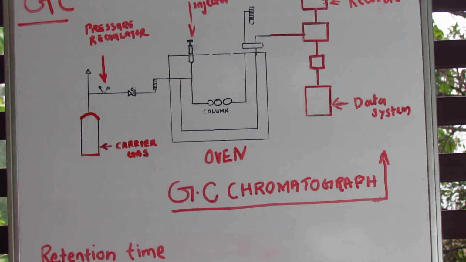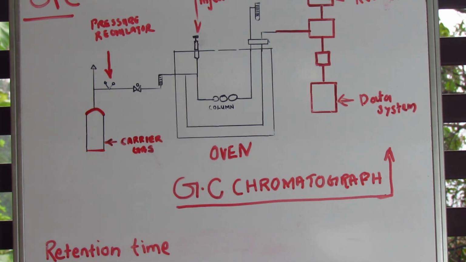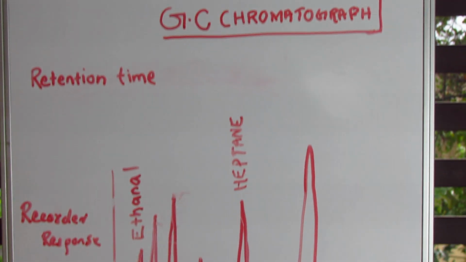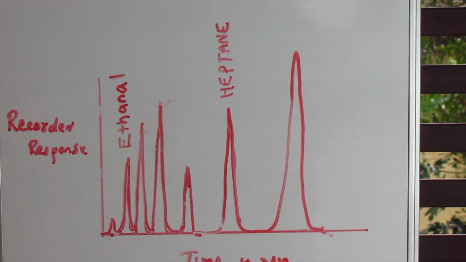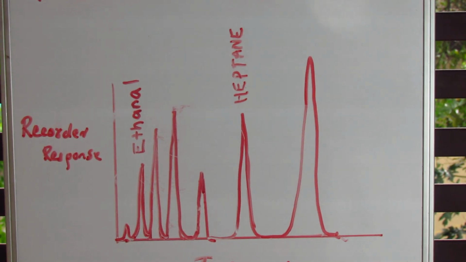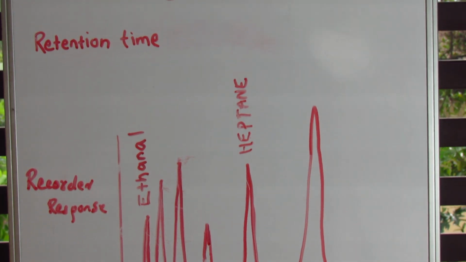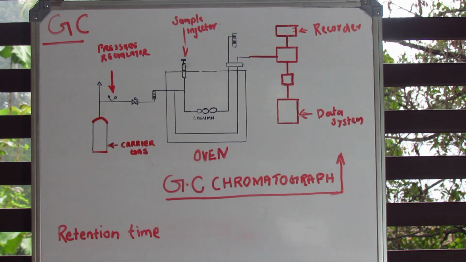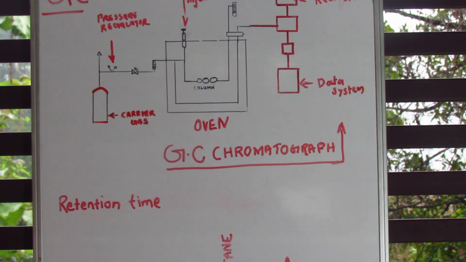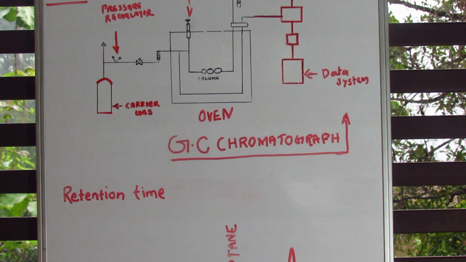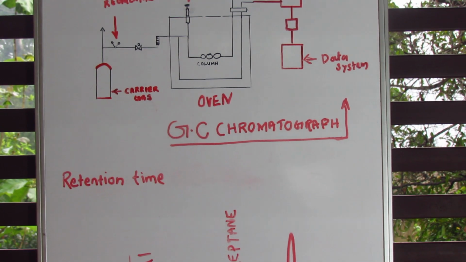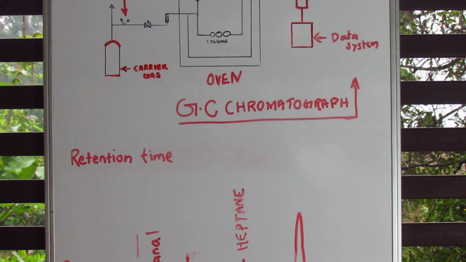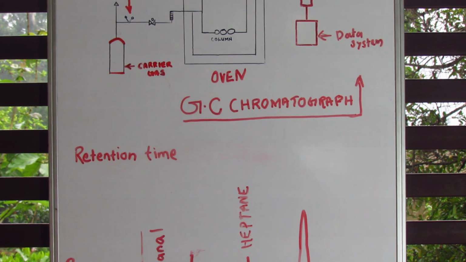The major application of GC is that using GC we can detect the presence of ethyl alcohol content in blood with a high accuracy. Then one more important application is that banned drugs used by athletes can also be detected with the help of GC by taking urine or blood. These two applications are very important. One is detection of ethyl alcohol content in blood. Second, banned drugs used by athletes can be detected by taking GC of their blood or urine sample.